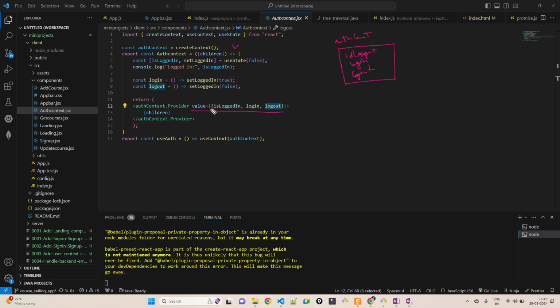Whatever value you are putting in this AuthContext.Provider value, all the values will be in the context. When you do useContext of this AuthContext, you can get all the values because you're using this context, so you can get these values. So if you put useContext, you can put like this,